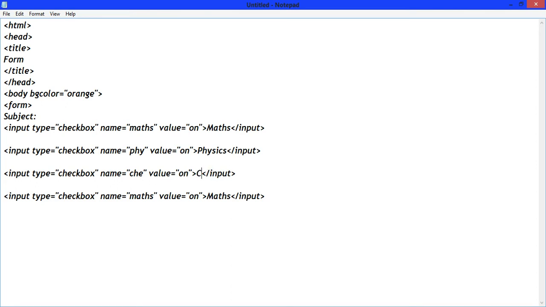Right here chemistry, change it to bio. Right here biology. Now close the form tag, close the body tag, and close the HTML tag. Save it.